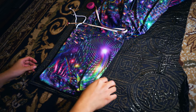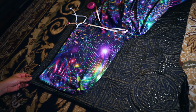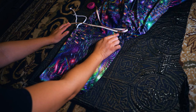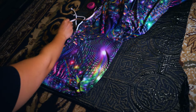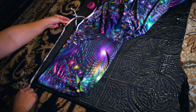So this is the hood originally, but I looked up patterns for like a Jedi hood because I want it to be dramatic and big. It's about 17 to 18 inches. This is with seam allowance. And then this is 12 inches at the bottom, so it should be here. This is about 15 inches, so this is actually going to be enough for like the opening, I believe,